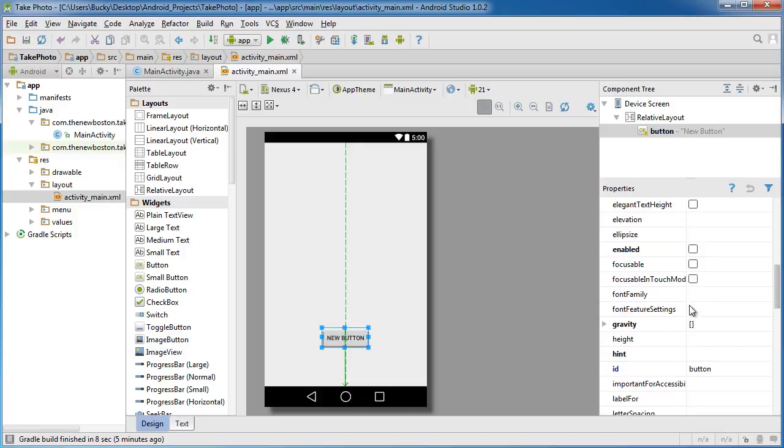So the first thing we need to do is give this an ID, and how about Bucky's